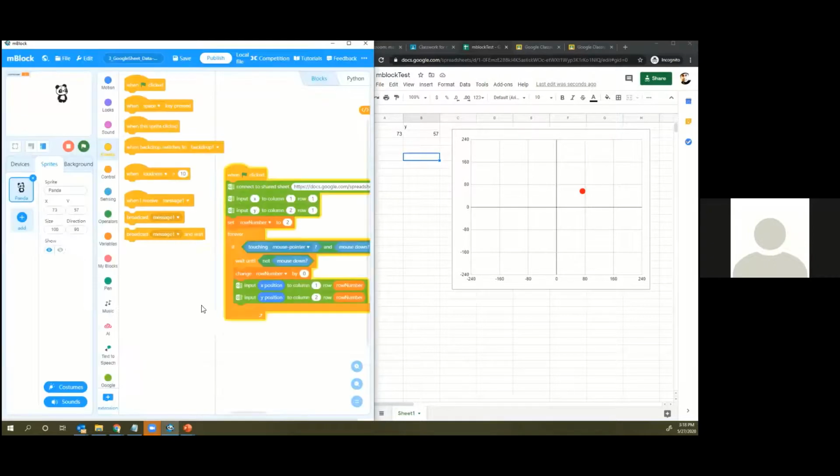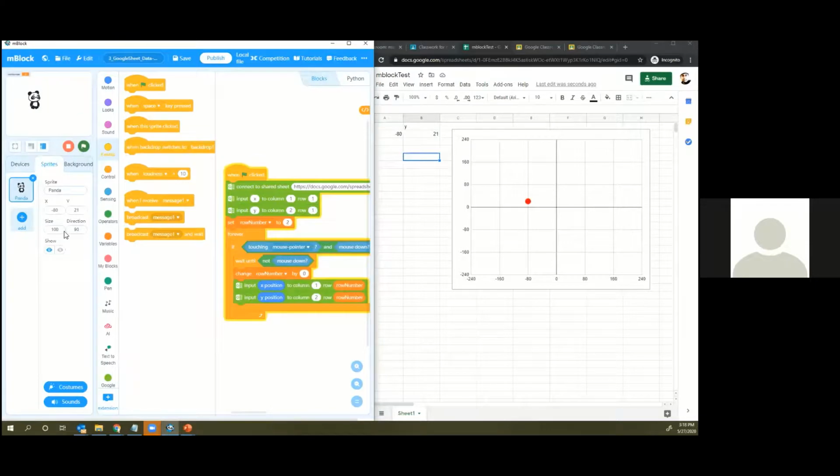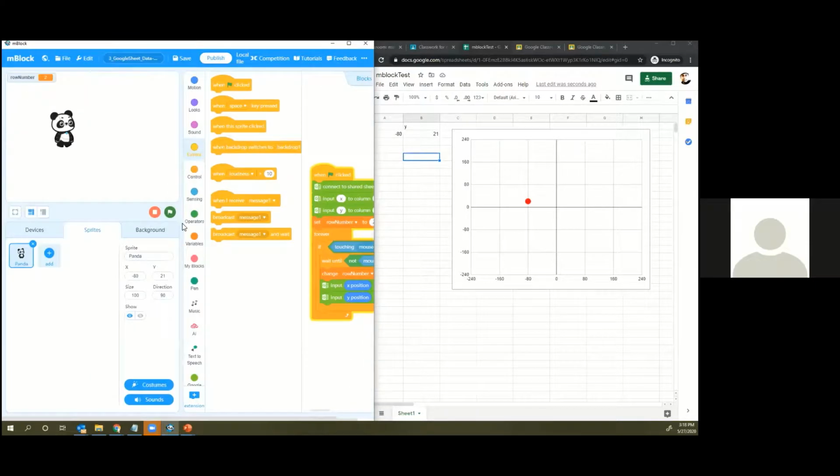Hang on, I think. Yeah, so if I drag the panda, it actually reads the X and Y location of the panda and then